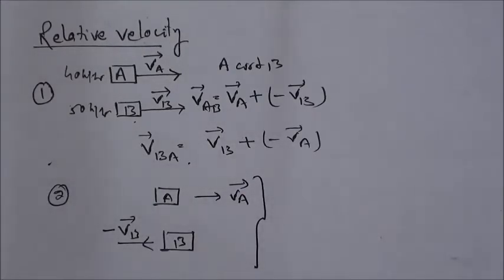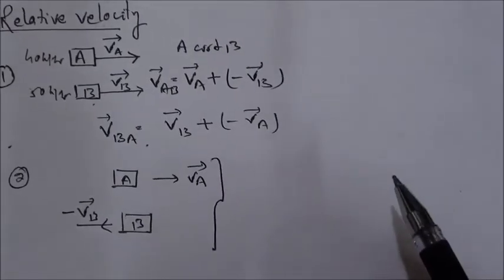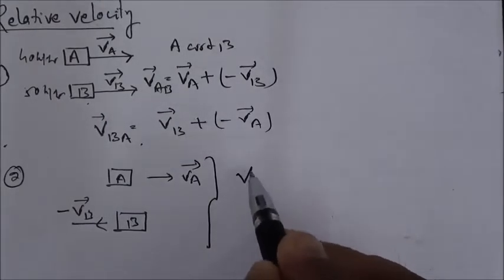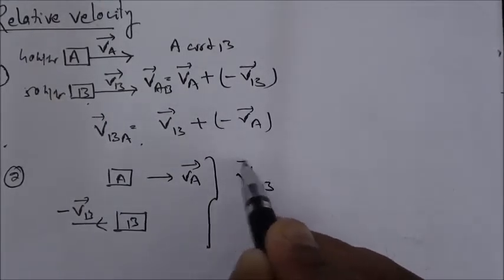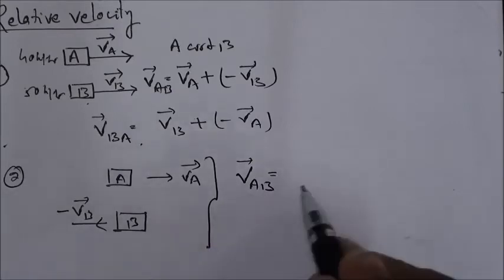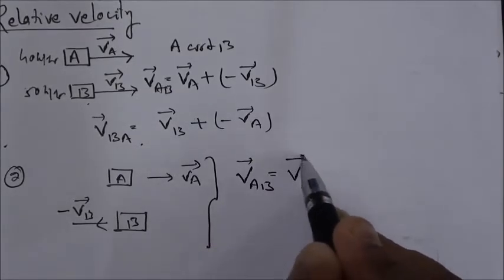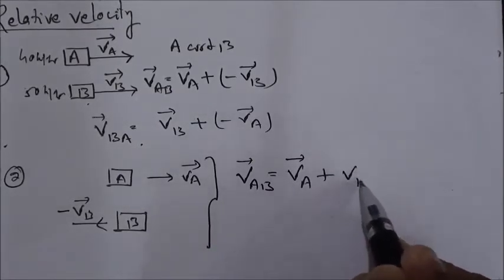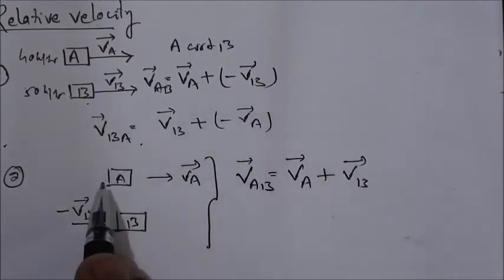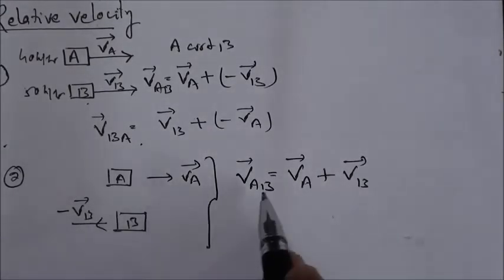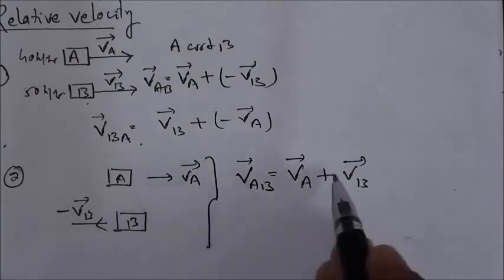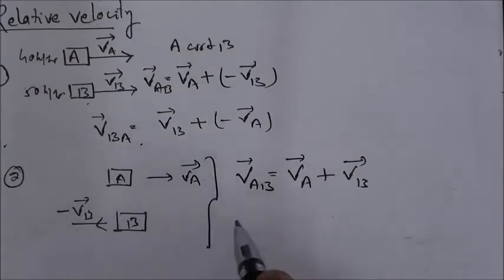Now just imagine yourself, you are sitting in a car moving in this direction, there is another car which is moving in opposite direction. So actually it appears to move faster. You add the two speeds to calculate the relative. So velocity of A with respect to B is again A plus B. When they are in opposite direction, it is 40, it is 50. So it appears to move with a speed of 90.